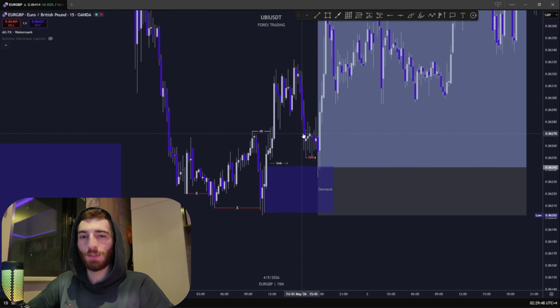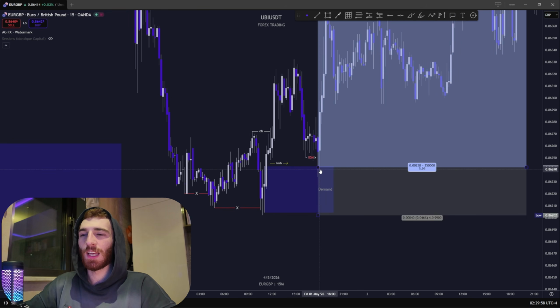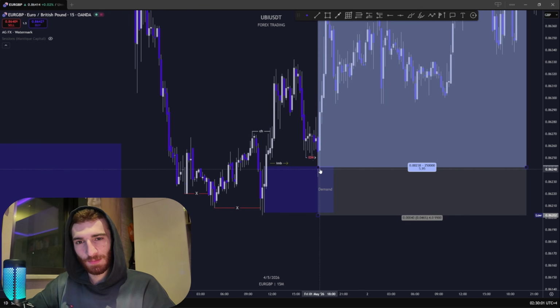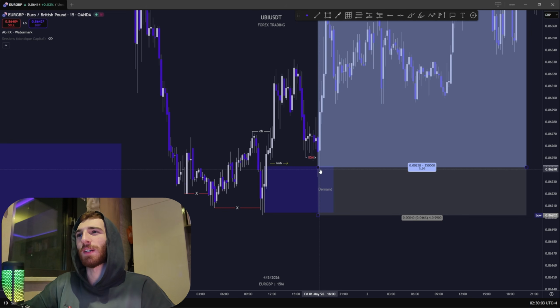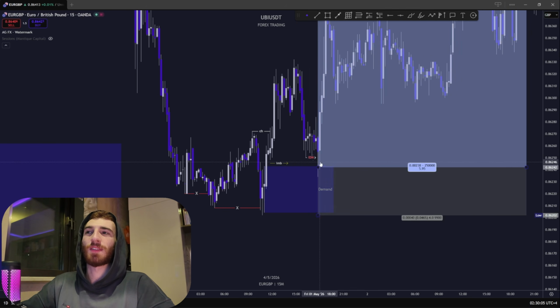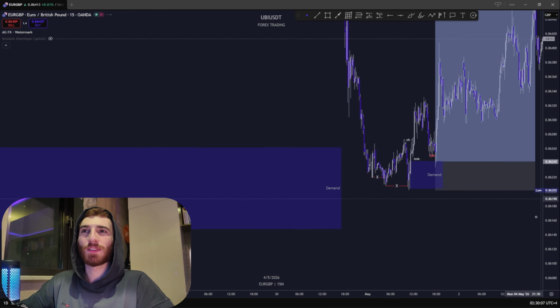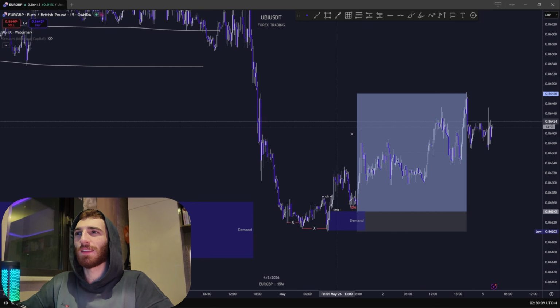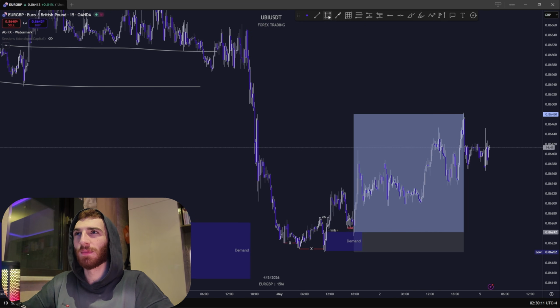So we have all the confluences: higher time frame demand zone mitigation, lower time frame confirmation like liquidity sweep, change of character, imbalance, inducement. We have everything. And also the time session is New York session. Perfect. So we executed buys from this demand zone, and as our TP we targeted this recent imbalance right here,